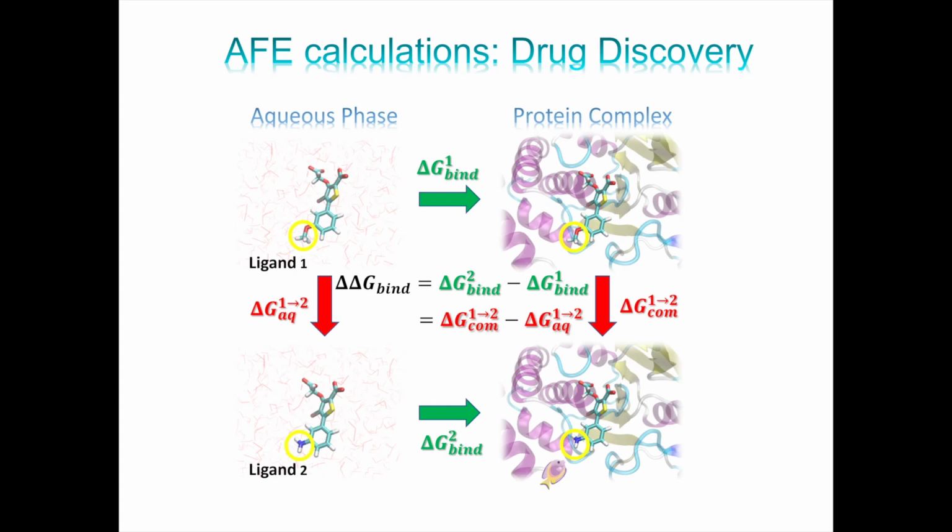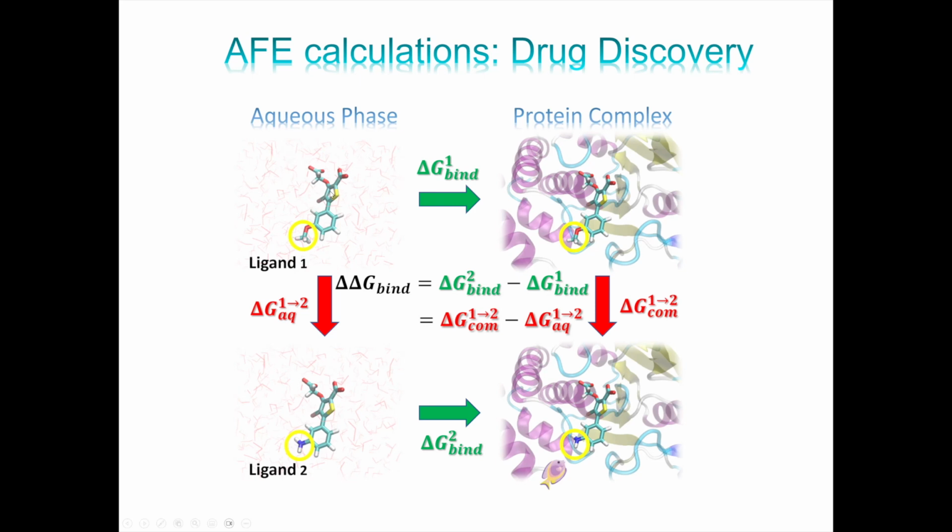For drug discovery, oftentimes the goal is to make predictions about which ligands will bind most tightly to the protein. So oftentimes you have a library of congeneric series of ligands that are very, very similar. They might differ by just one functional group or some small chemical space. And the goal is to try and predict the relative binding free energy between two ligands. So we could run this process of taking one ligand and have it move all the way over to the protein and look at the actual physical mechanism of how the drug binds and then compare it for every drug. Or we could take a shortcut.